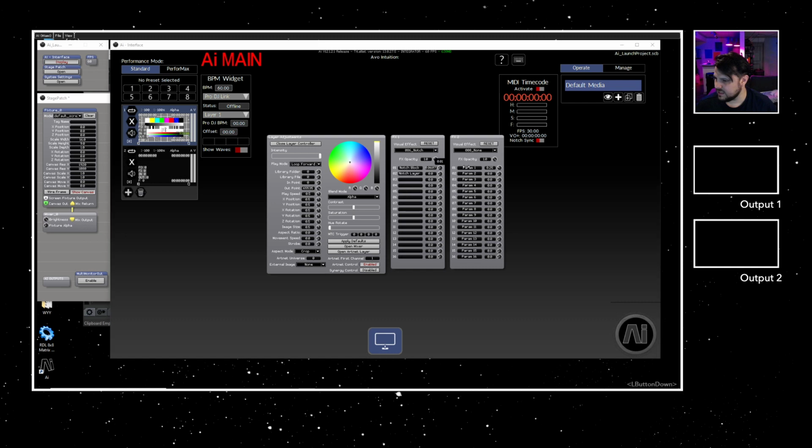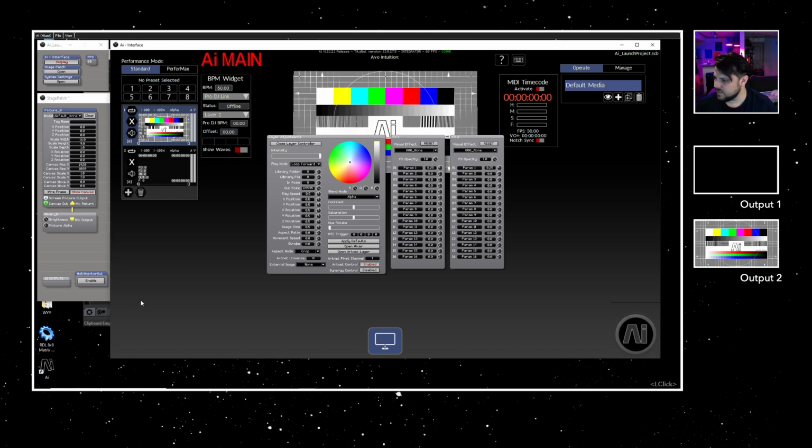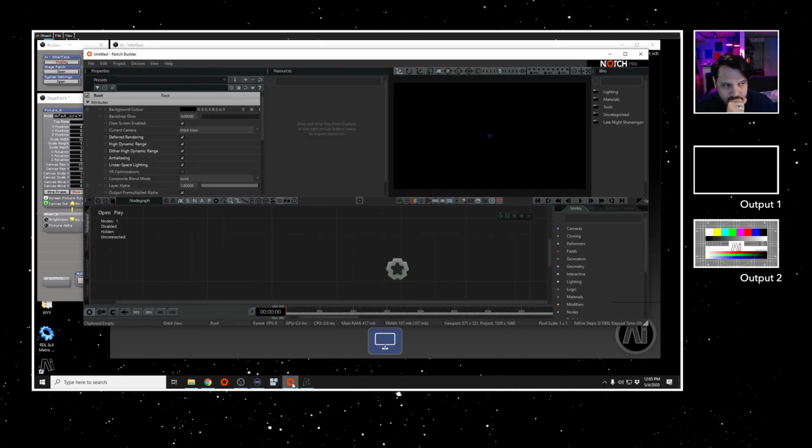Block and layer, you know what, let's start at Notch. Basically what I was trying to get to is there's a couple different ways that you can approach Notch blocks. There's some that you use as image effects, and there's some that you use as